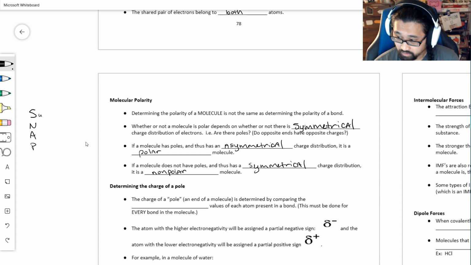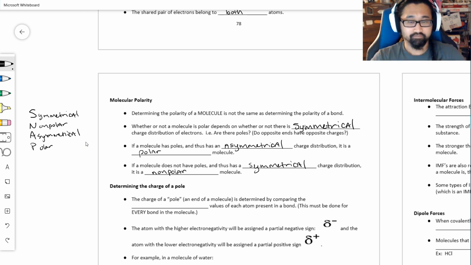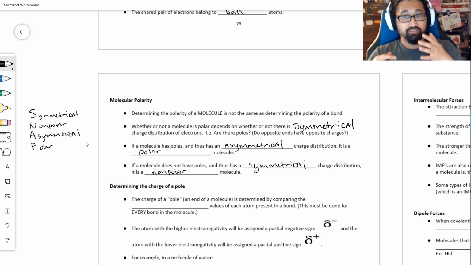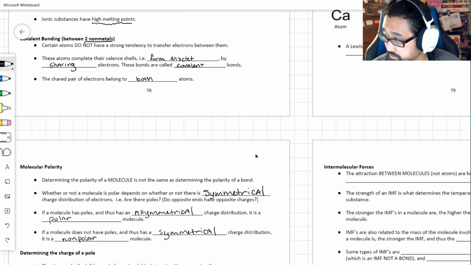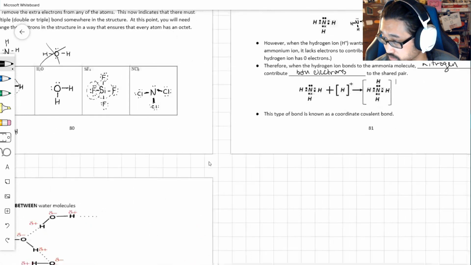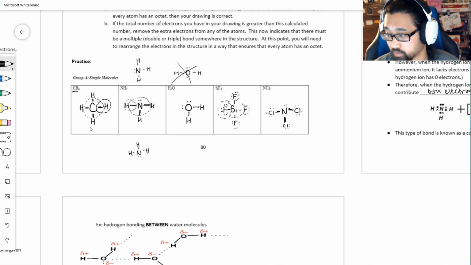SNAP, which stands for symmetrical is nonpolar, but asymmetrical is polar. The reason we needed to do the shapes and stuff before is because this is where we're going to use it. If the shape of the molecule is symmetrical both ways, so it's up-down symmetrical and left-right symmetrical,